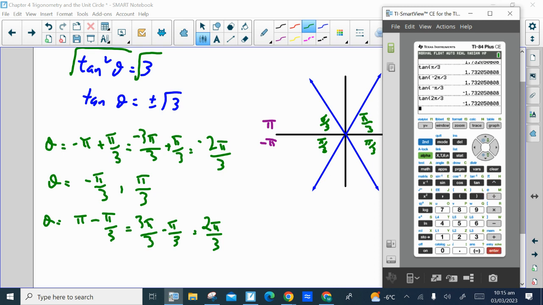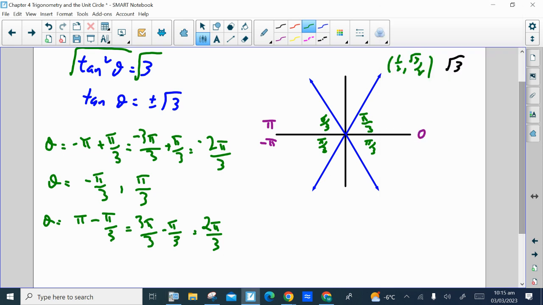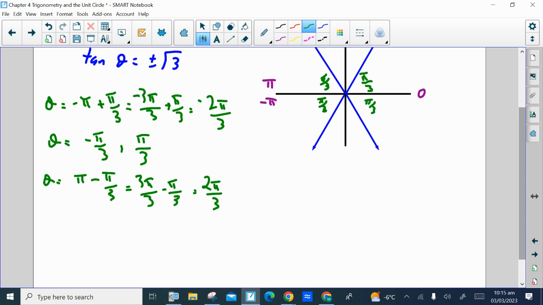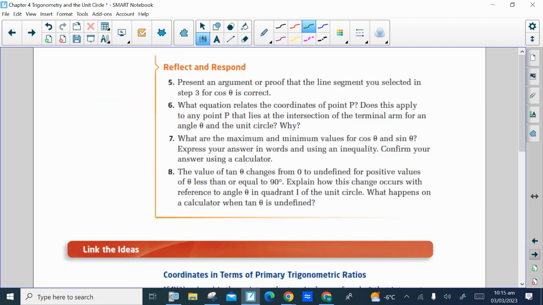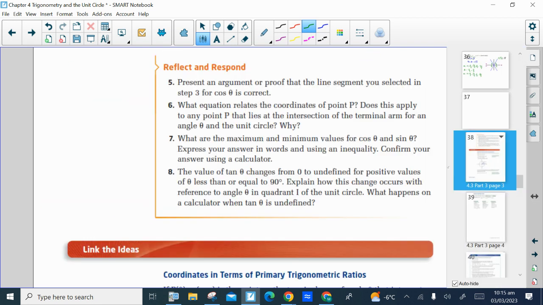So you should never get your stated answers wrong. The only thing you may make a mistake on is not getting all the possible solutions. In this case, maybe you only take where the tan of theta is positive root 3 instead of the negative. Okay, so have to be careful with that. Okay, so let's go on then to